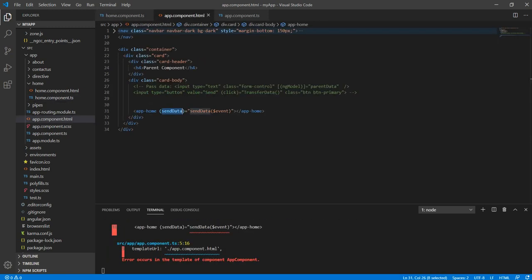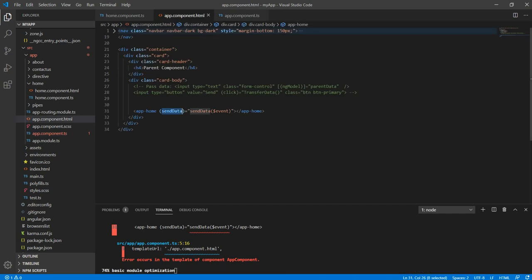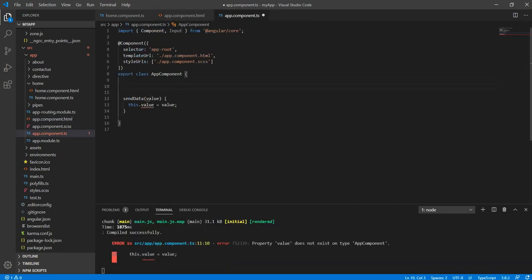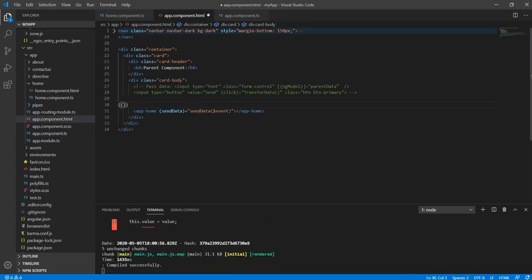Now the next part is on the parent component. We'll define the method which we have used in the parent component. Here we have declared this method, and to check that value we'll create a value, initially empty, and we'll show this value in our parent component like this.